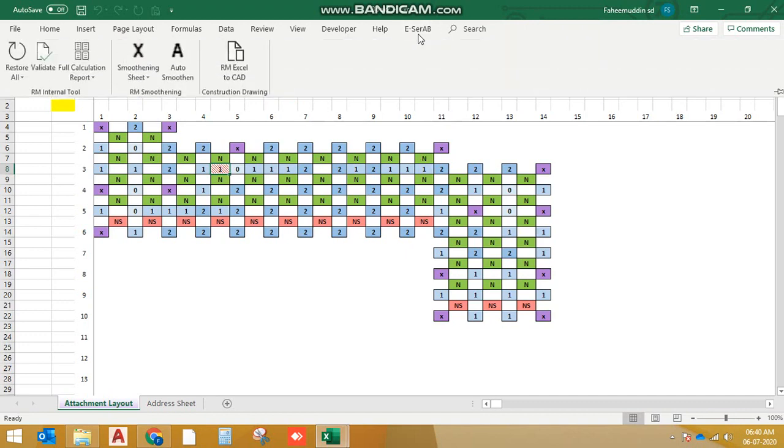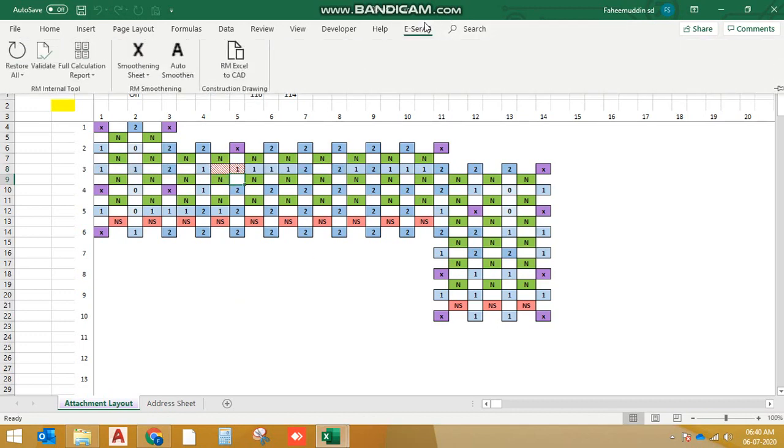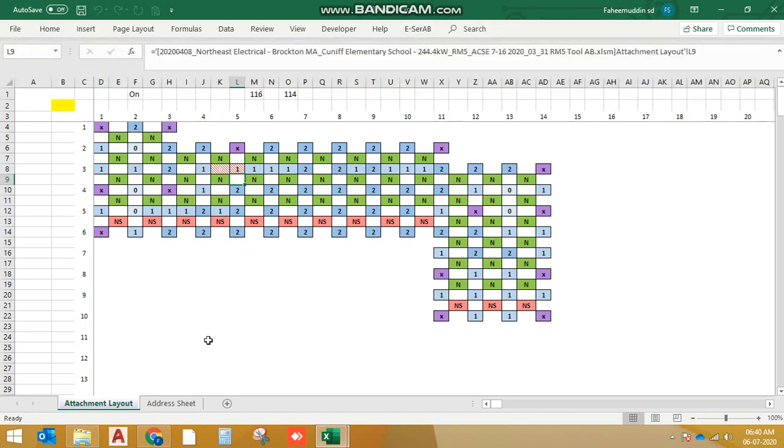You can also do it manually. Those two things: first is attachment, and second, you should not have any reds. You should complete all the attachments. Next, you can just do it manually, even 0 and 1. I'm shifting that 1 to the next bay. Even after doing it manually, you can run auto smoothen, or you can directly run auto smoothen.